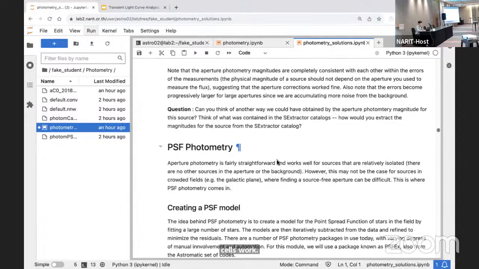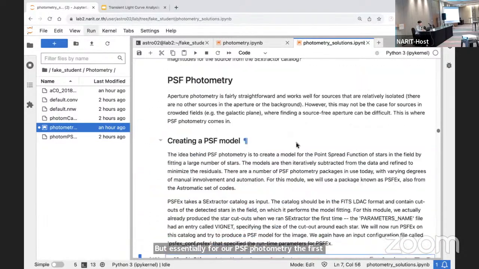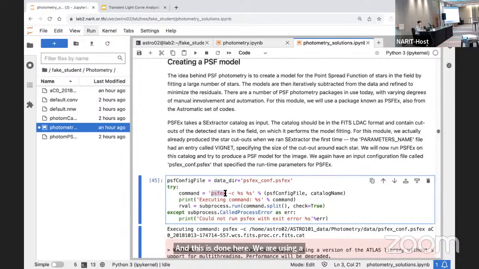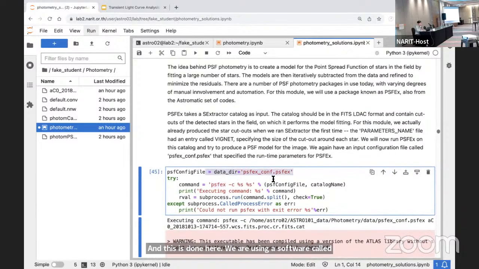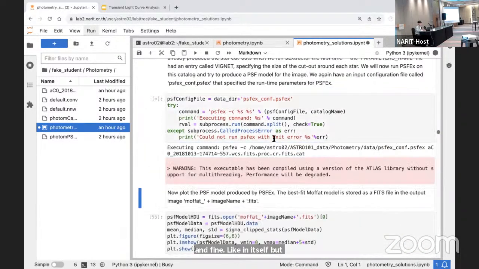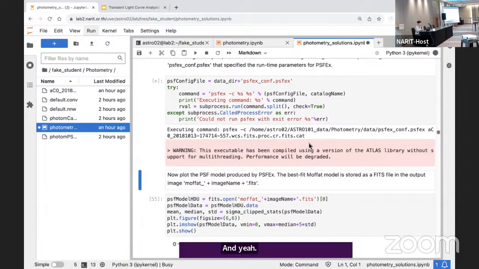Essentially, for our PSF photometry, the first step is to construct a PSF model. This is when I said you take the data, all the stars, look at the shape of it and come up with an average shape. This is done here. We're using a software called PSFEx, and it takes a config file. You have to go in and edit all the parameters, and learning how to do this is an art and science in itself, but here you can just run it. It will take your image and a Source Extractor catalog